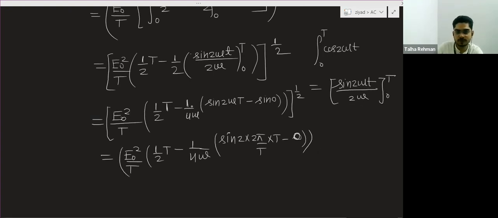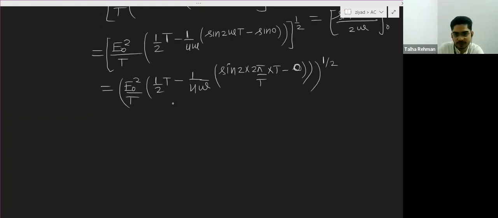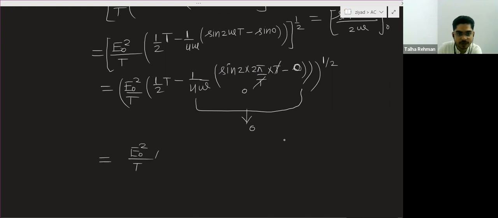So basically, this will have the whole power of 1 by 2. So this will become 0 because this T and T will cancel out. This will become sine of 4 pi, sine of 1 pi, 2 pi, 3 pi, 4 pi, all 0. So this is 0, this is 0, 0 minus 0 is 0, and this whole thing will become 0. So you will have only this thing, E naught square by T into half of T,